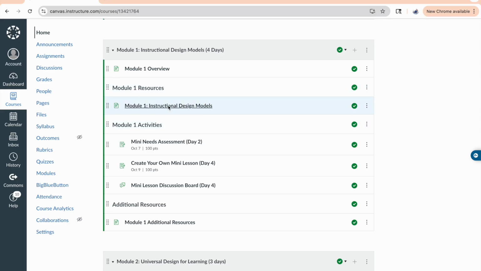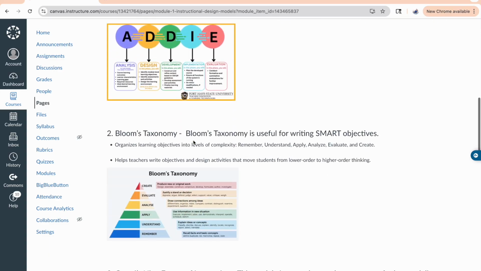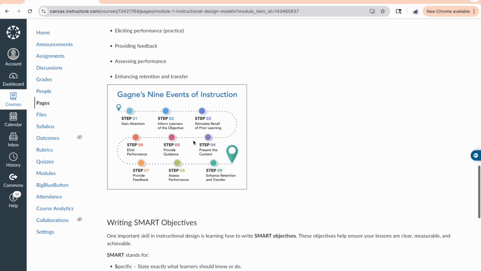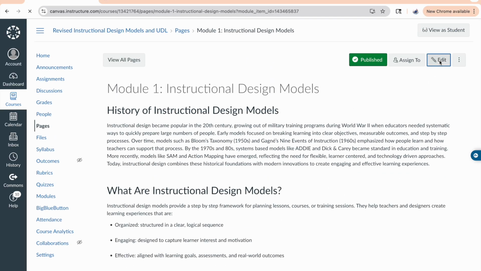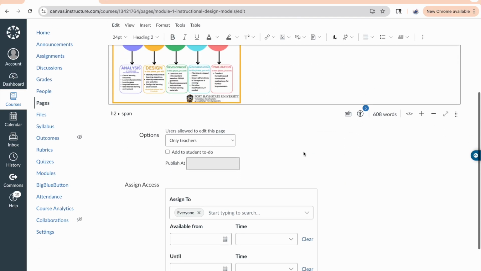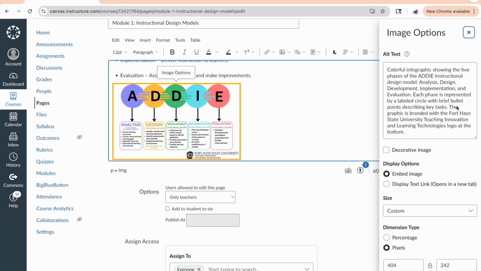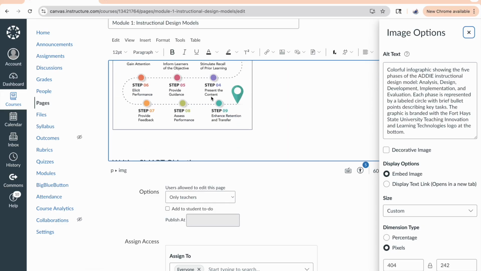So as you can see on our Module 1 resource page, we included several images to explain the different models. And originally we only had the images, and so to make it more accessible, we went in and we clicked edit, and then we clicked on each picture, image options, and we added a detailed description about each image so that a person could gain the same information from reading the description without seeing the picture if they were not able to clearly. So we did that for each of these pictures,